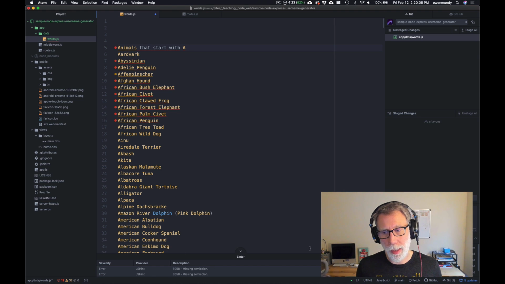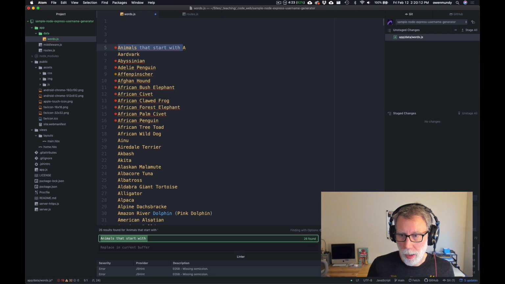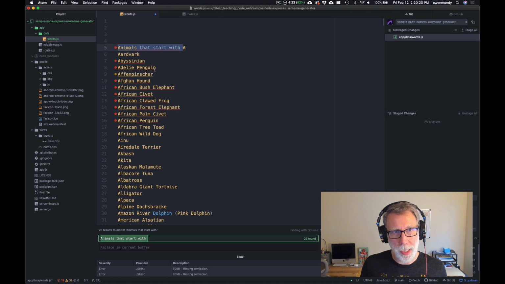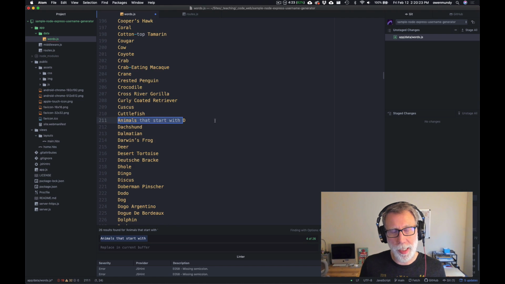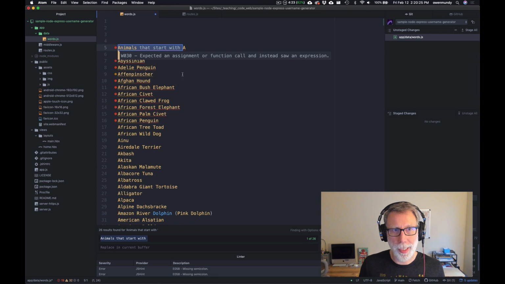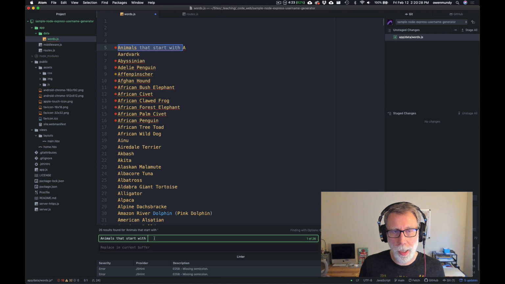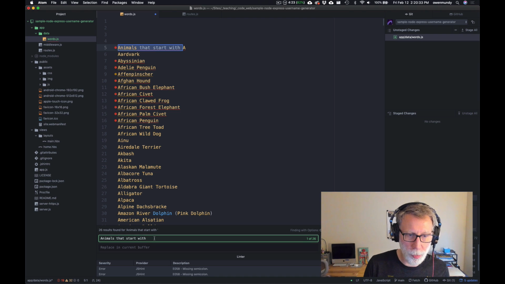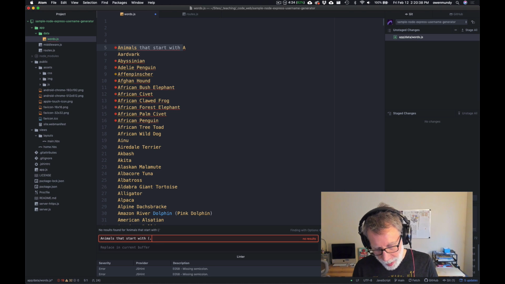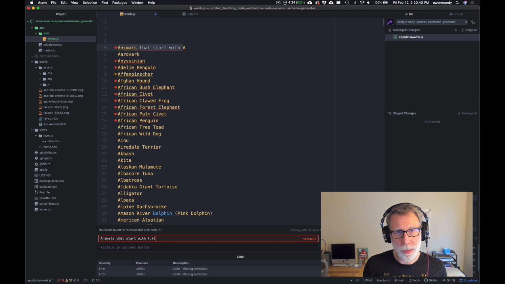items in Atom that we can use here, and we can do what's called a regular expressions search. So recall that animals that start with A and then B and then C, so we don't want that text in there. And I could cut it out 26 times, or I could try to do something a little different. And so I can say animals that start with, and then space, and then I can enter a period and a star, and